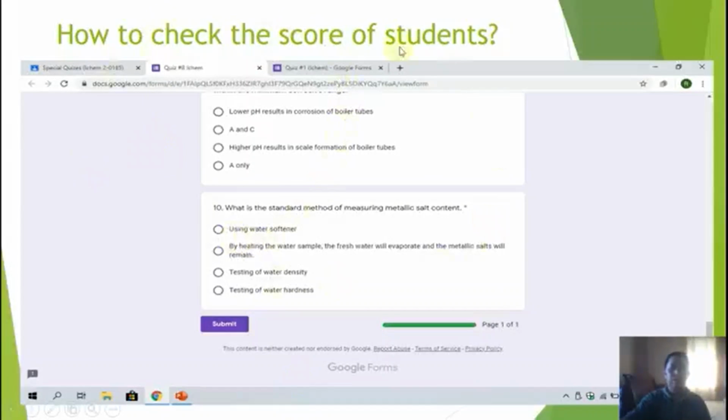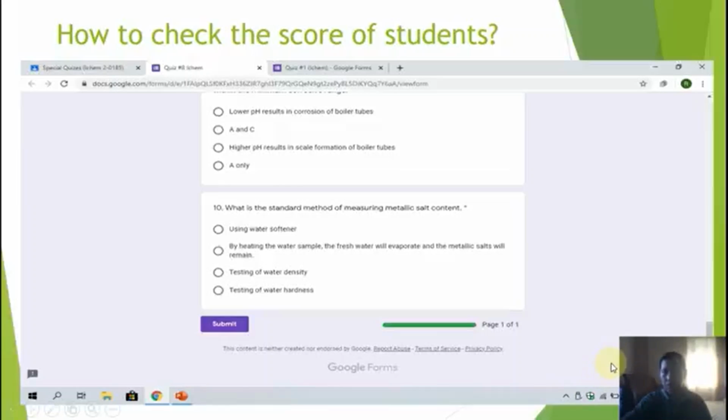Now this is the part for the instructor, how to check the score of the student. Here there is for sure a ballpen or a pen, but this is just covered by my camera, that's why you cannot see. But for sure there is a pen in this area.